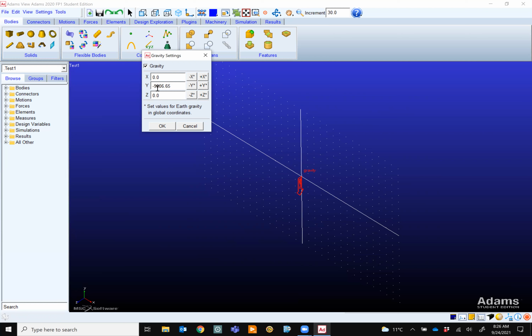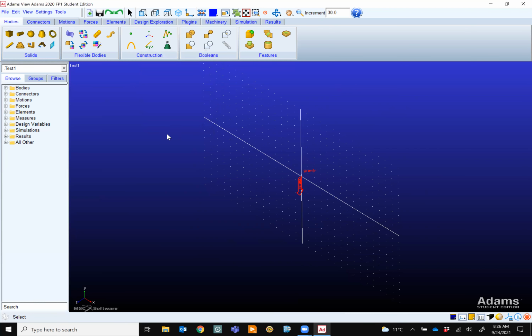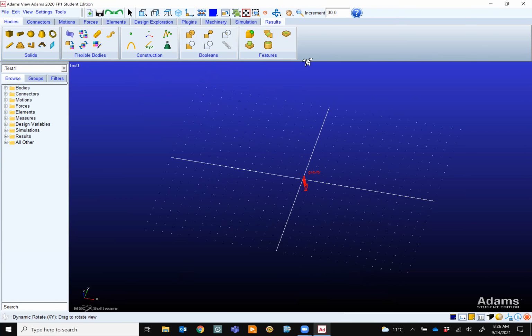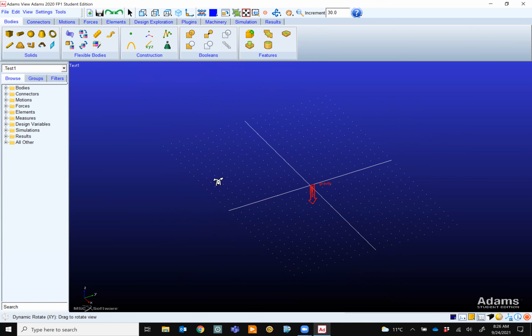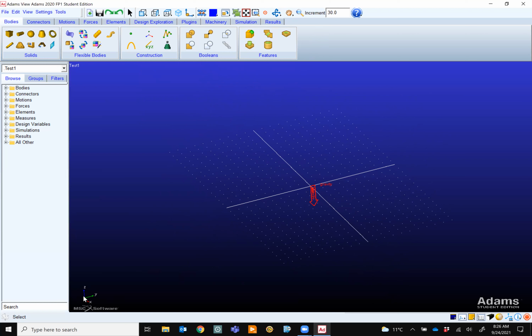See, our gravity is in millimeters per second. I go slowly because these little things, I know they are not very important, are easy, sorry, but they can be very important. And you can change the direction of gravity as well. Let's say you want this one to be 0, but your gravity to be in the Z direction because you like the Z direction more. You like your setup to be like that. It's preference. You see, this is now X, Y, and Z.